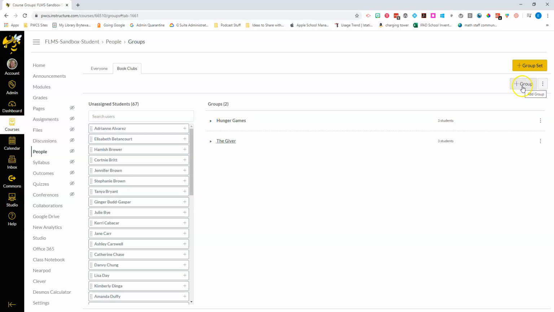I can continue to add as many groups as I want to, and later, if we're working on another project, I can add a new group set. Those are the main features that you have in People. When you want to actually assign to these groups, you'll do that in assignments and other activities in Canvas that we'll cover later. In the meantime, your main takeaway from this should be how to quickly add someone to your